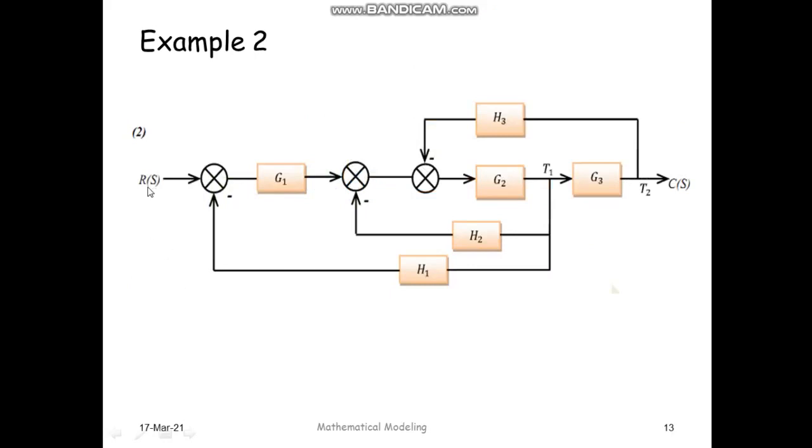So here we can see one input, then the summing point, then one block in the forward line, G1, then there are two summing points, the feedback from this line is taken as H2, from this line it is taken as H3, then there is another block G2. After G2, the output of this particular line is taken, which is considered as feedback H2 and H1, which are connected to corresponding summing points, this and this one. And lastly there is one block again connected as G3, and then there is the last output C(s).